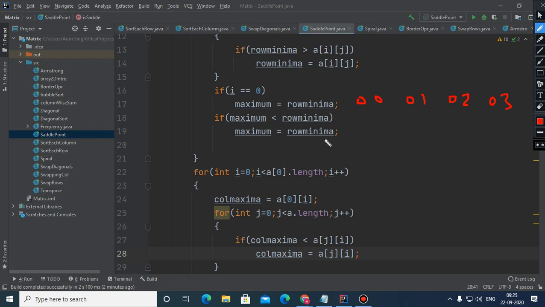When I picked the very first column, then I am just moving like this. Because j loop is coming from 0 to less than a dot length. So it is coming like 0, 0, 1, 0, 2, 0, 3, 0, 4, 0 for the first column. And then for the next column, it is coming like 0, 1, 1, 1, 2, 1,